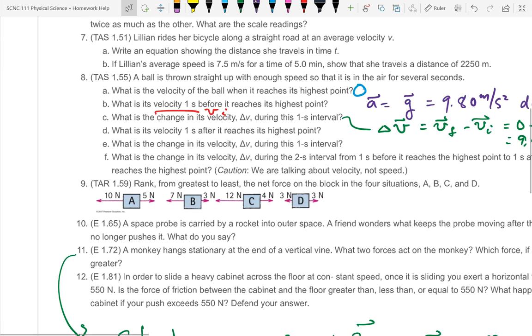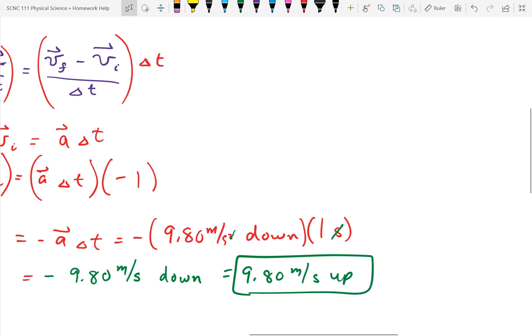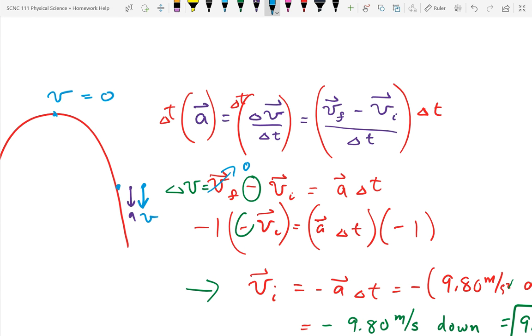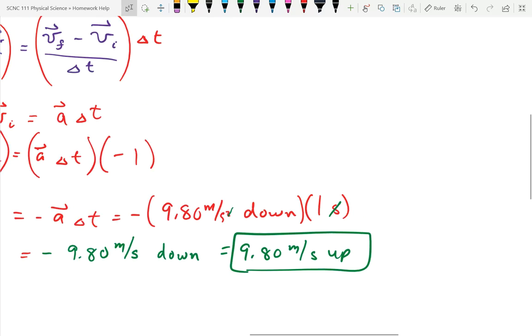So for part D, we have velocity initial is 0, and we look for velocity final. The A is the same, the delta T is the same, and so for D,